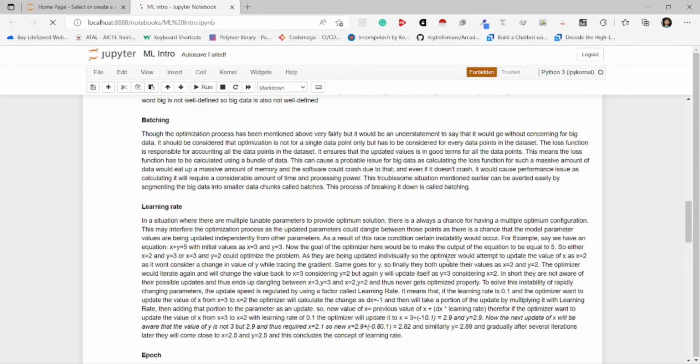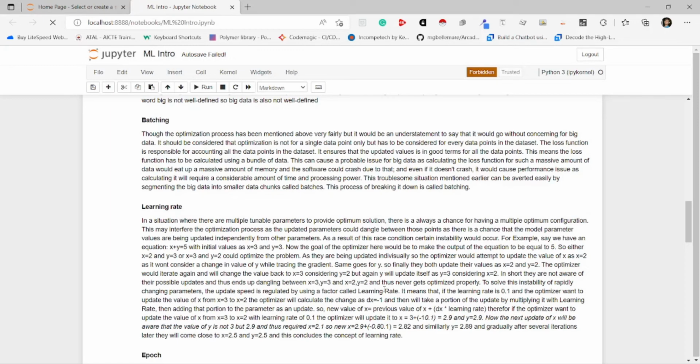Therefore, if the optimizer wants to update the value of x from x equals 3 to x equals 2, with a learning rate of 0.1, the optimizer will update it to x equals 3 plus negative 1 times 0.1, which would evaluate to 2.9, and y would be 2.9. So the next update of x will be aware that the value of y is not 3 but 2.9 and thus require x equals 2.1. So the new x would be 2.9 plus negative 0.08,